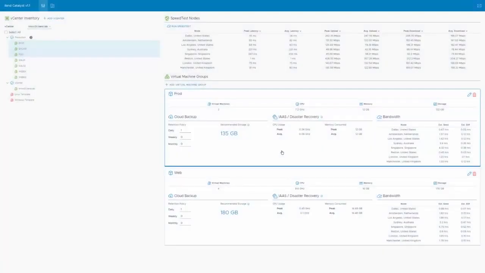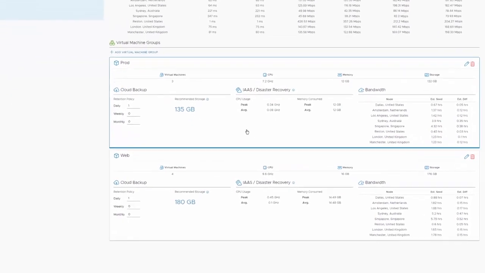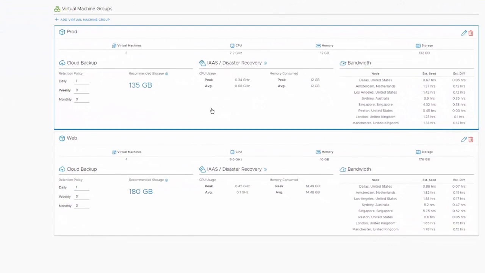When determining the amount of storage needed for cloud-based backup, there are many factors to consider. How often are you backing up the selected virtual machines, and how long do you need to keep the data around for? Once you have the virtual machine selected that you want to back up, the next thing to do is actually change the retention policy to match that for the backups that you expect to run. For example, on this virtual machine group, maybe we want to keep 1 daily, 4 weeklies, and 6 monthlies, and you'll notice it'll update the recommended storage, and that includes all of the deduplication, forever incremental,